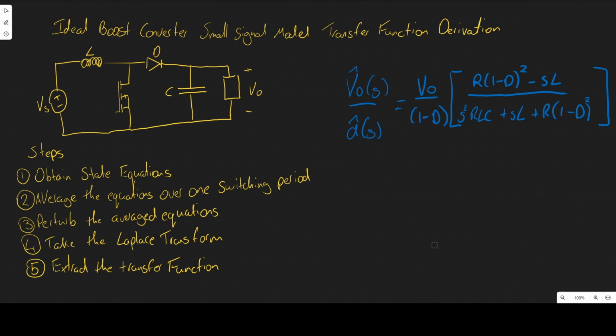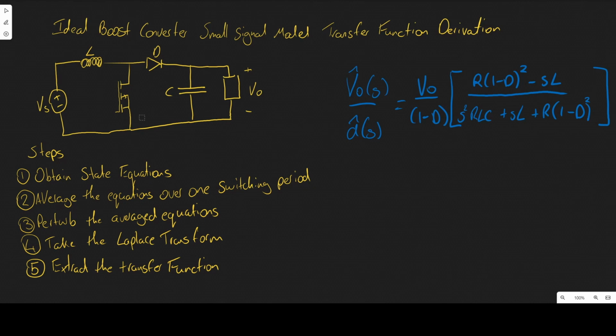Hi, in this video I will be going over the derivation of the small signal model transfer function of the ideal boost converter. To derive this transfer function, you have to follow the following steps. First, we will obtain the state equations for when the circuit is turned on, the MOSFET is turned on and turned off. The next is we will average those state equations to obtain a state space averaged representation, and then